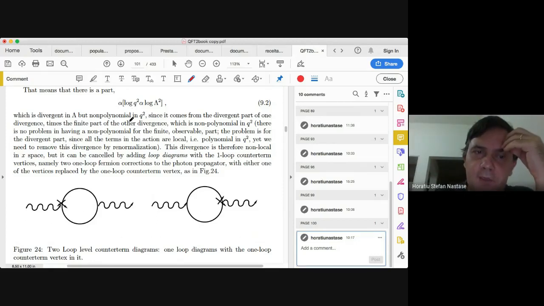So the only possibility is to be cancelled by something that is divergent, something like a one-loop diagram. But in it, you have a counterterm, and the counterterm is one loop. So it's the one-loop counterterm inserted inside the one-loop